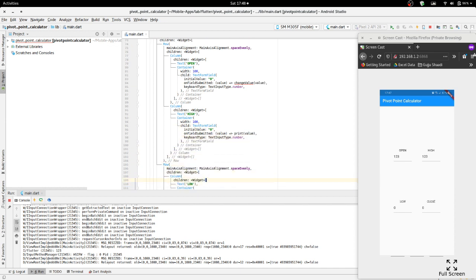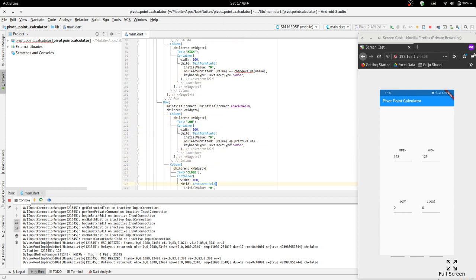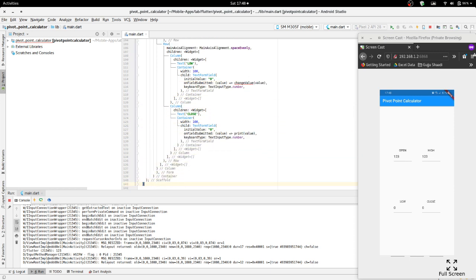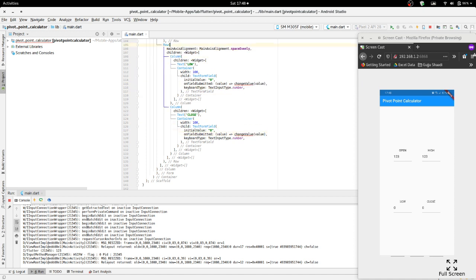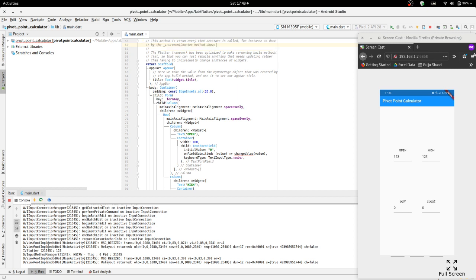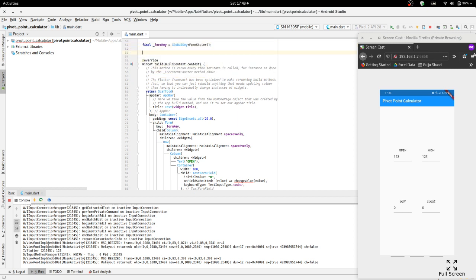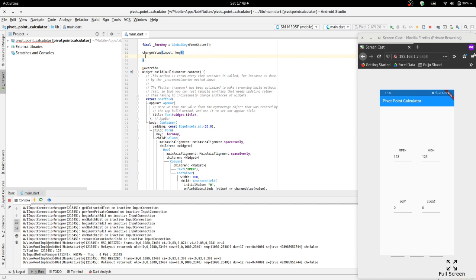Okay, and I think here we say void, let's say just change value, we get the input and we get the key as well, I think, yeah,